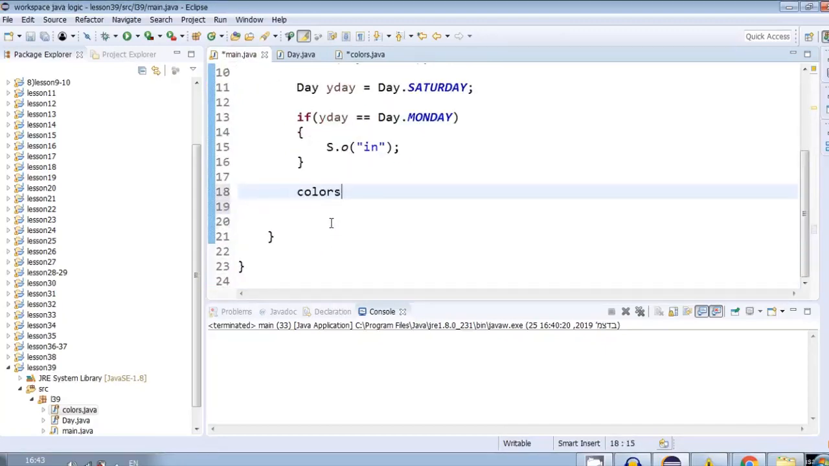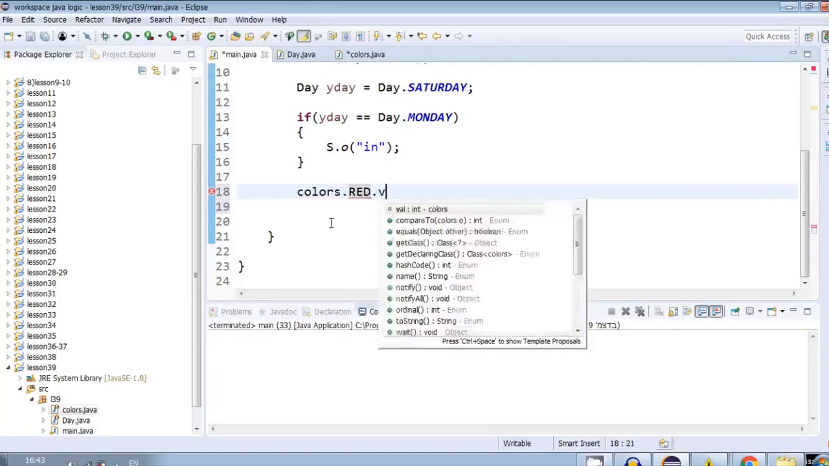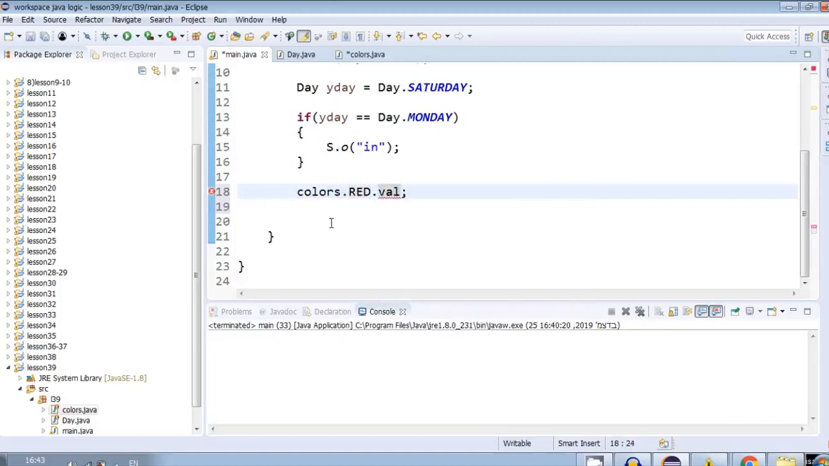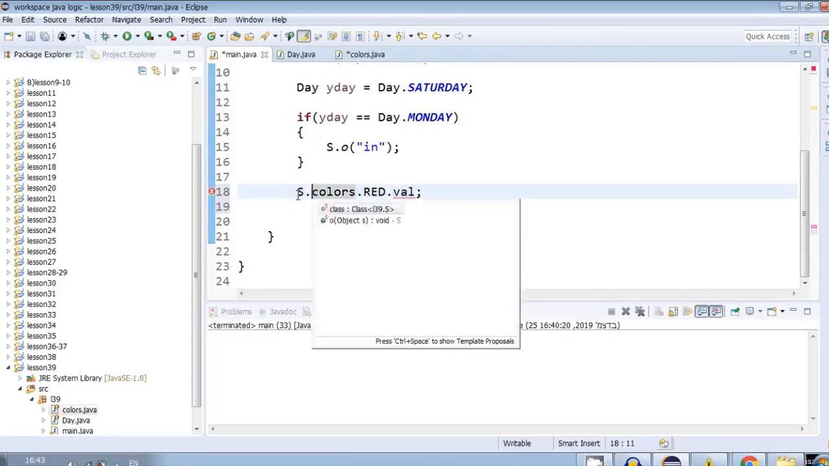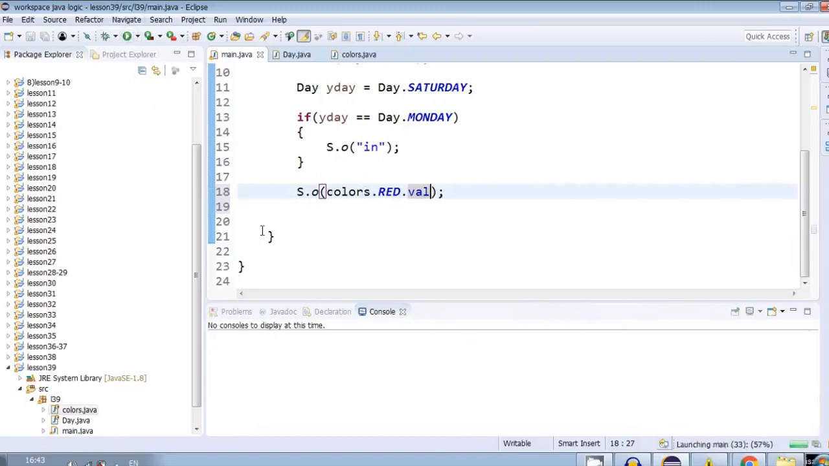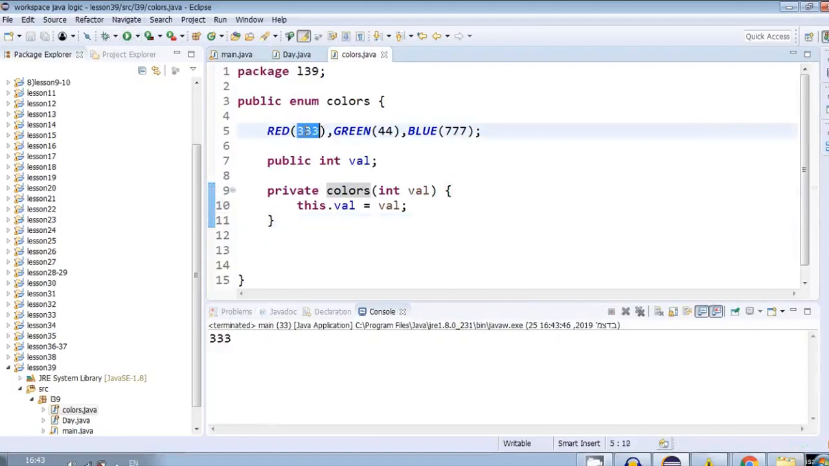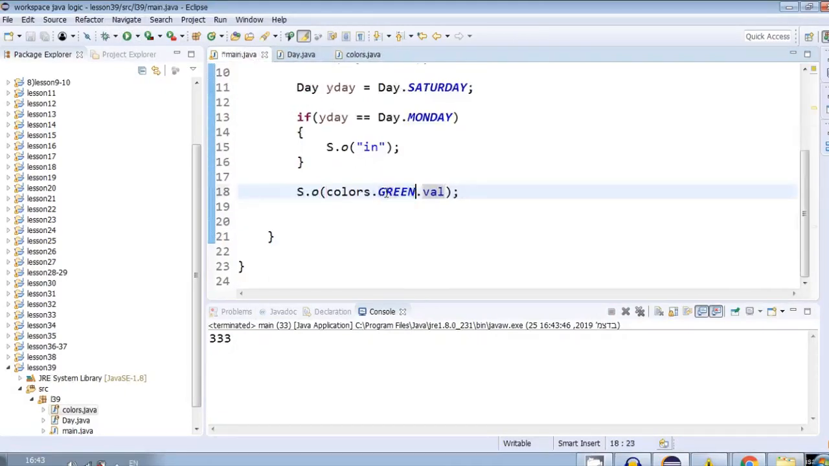Colors dot red dot val. We can call val like this because it's public. Let's put it inside an SO. And now we will see the value of red. 333. It is 333. Let's change it to green. So now we have an